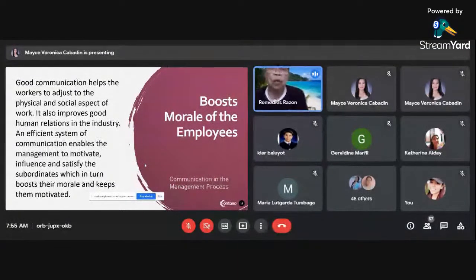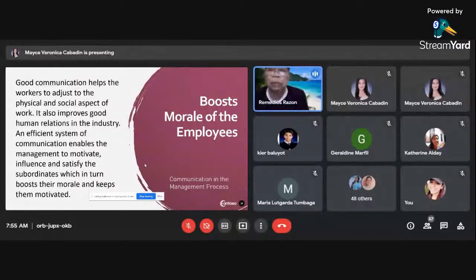Doon sa mga programs and projects ng school, binibigyan kayo ng chairmanship para makita ng school heads na really you are good. Yun ay one way of boosting the morale of the teachers or the employees para makita na talagang you can do the job. Ganon ang tama ng ginagawa ng isang administrators.